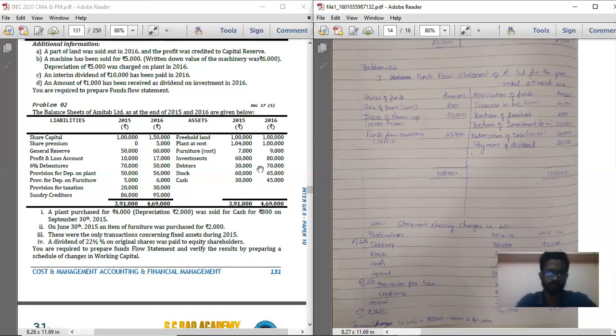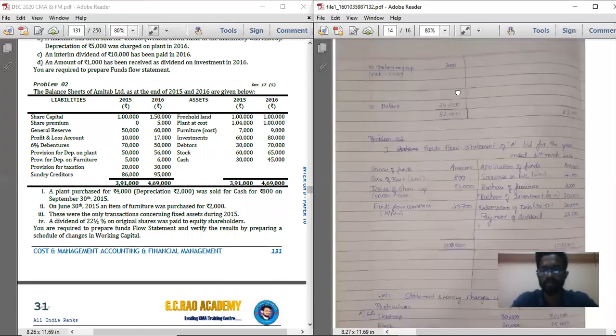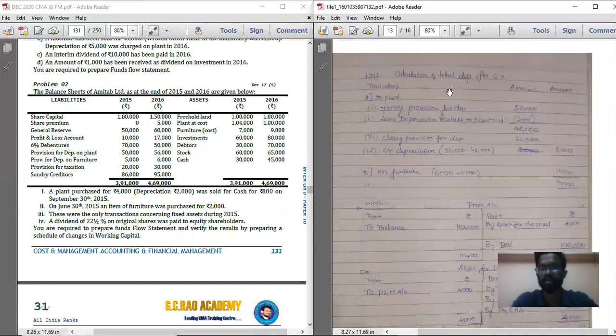Below that, see, we have finished working capital. Then what we should do is, one by one, using the adjustments, work out the different non-current liabilities and non-current assets accounts. So first, what they have given, plant. So open a plant account. Moving on to working note number 2, record the calculation of